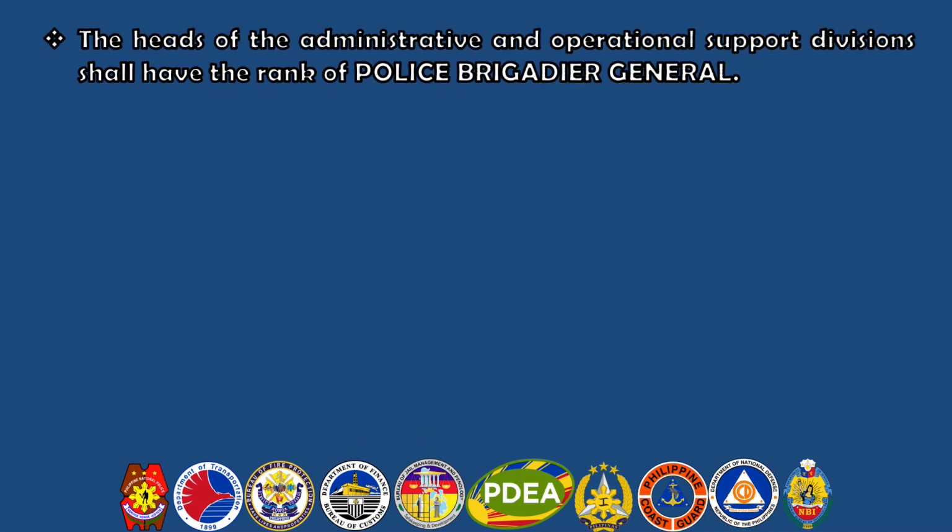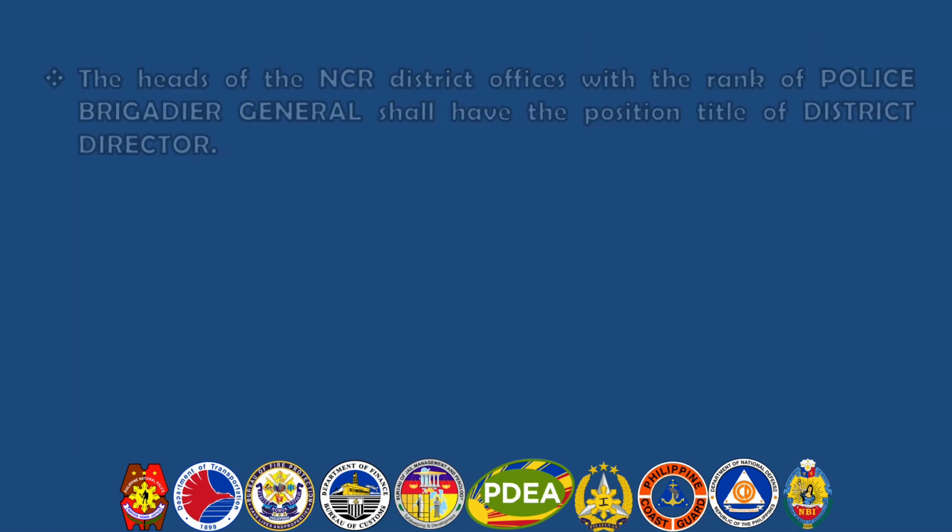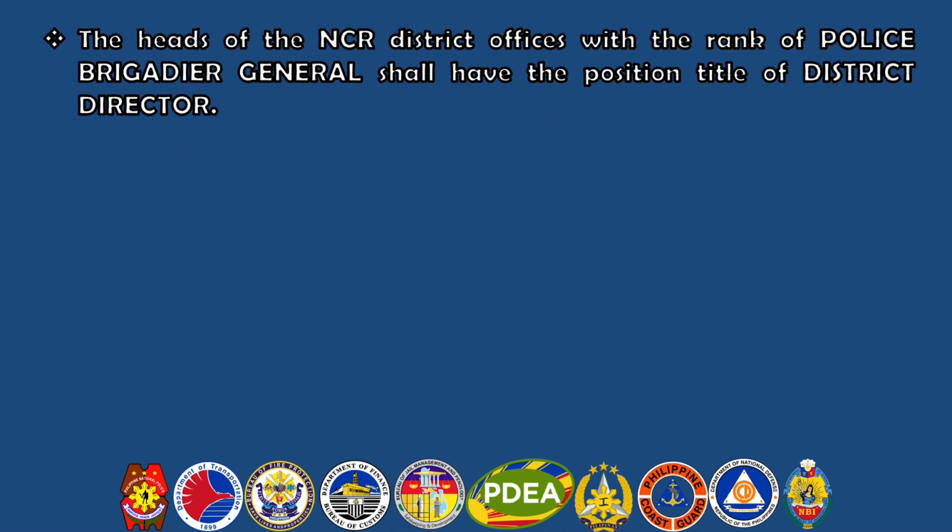The heads of the Administrative and Operational Support Divisions shall have the rank of Police Brigadier General. The head of the NCR with the rank of Police Major General shall assume the position title of NCR Director. The heads of the regional offices with the rank of Police Brigadier General shall assume the position title of Regional Director. The heads of the NCR district offices with the rank of Police Brigadier General shall have the position title